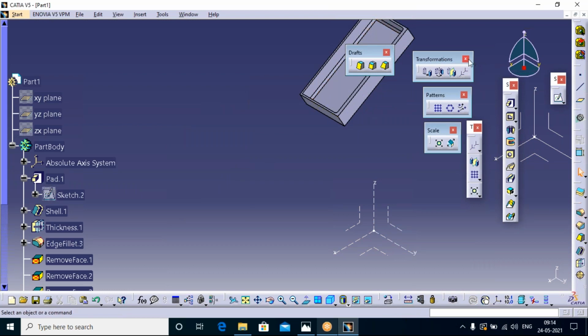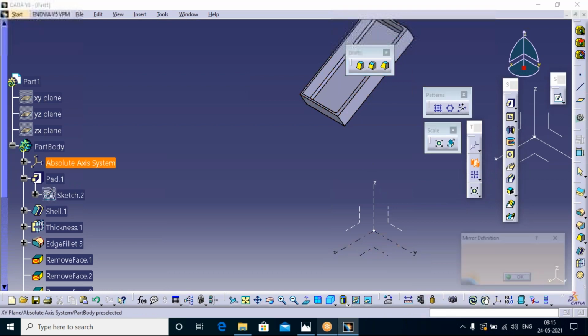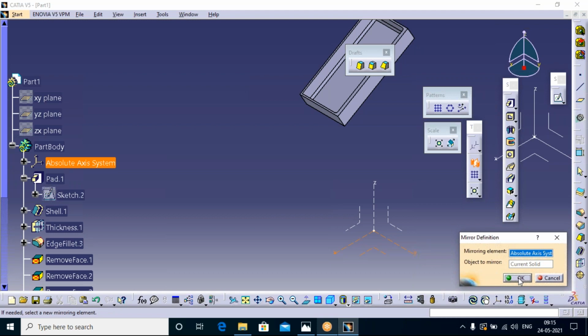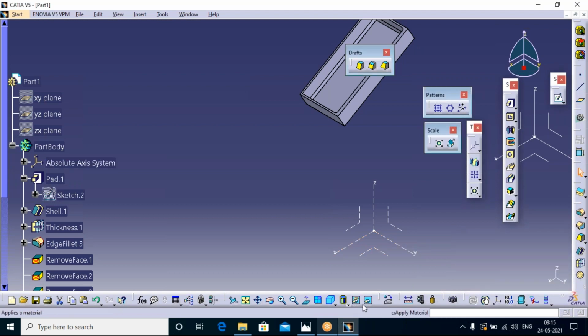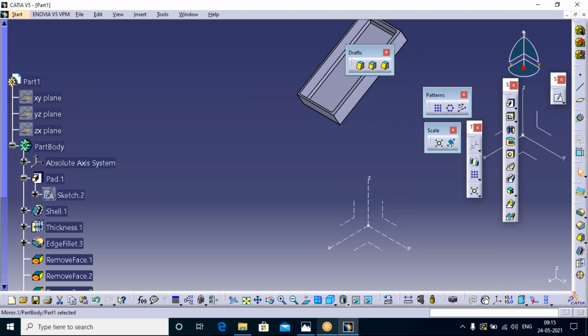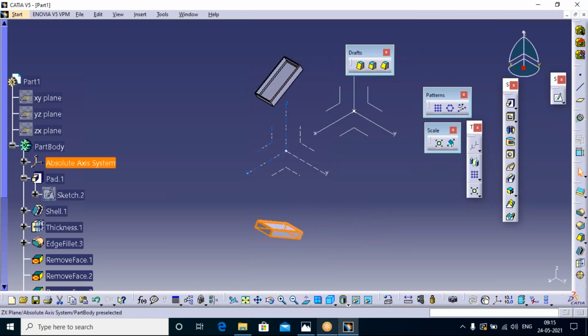After this transformation, we can apply mirror. Okay. So mirror you have already seen. So this is a single object. I'm going to mirror with respect to this XY reference. Okay. So I need to fit all in so that you can see. So this is the object. So we have mirrored it with respect to XY for the bottom. Okay. So whatever the object is in the top,